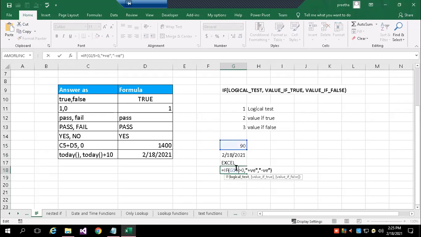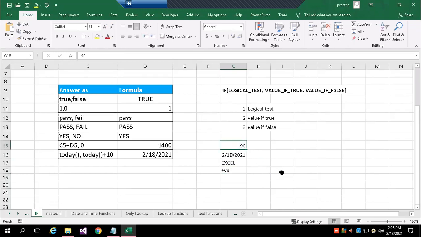When I write a number which is positive, I'll automatically get positive. You can observe G15 greater than 0, 90 is greater than 0, so I'm getting positive. I just wrote the message by myself; you can write any message, it's a user choice.